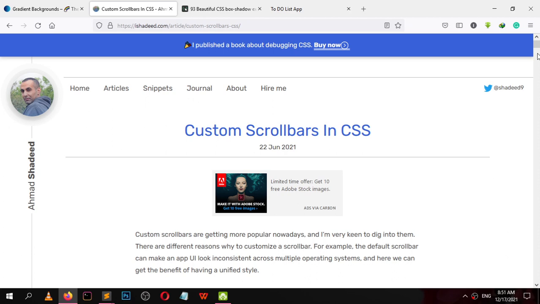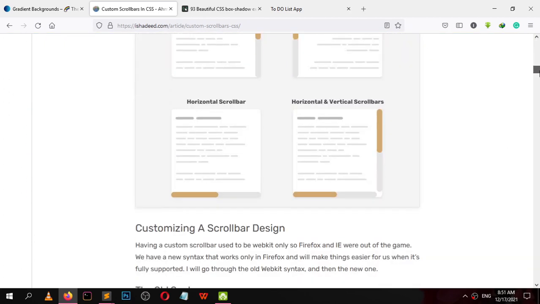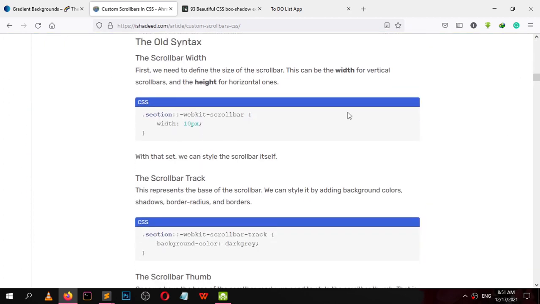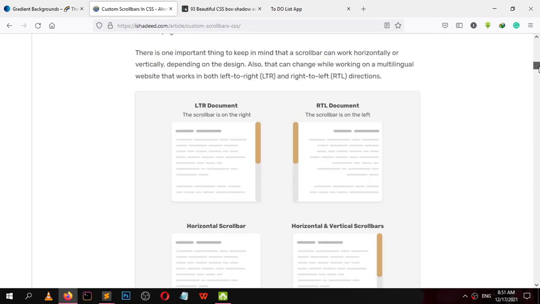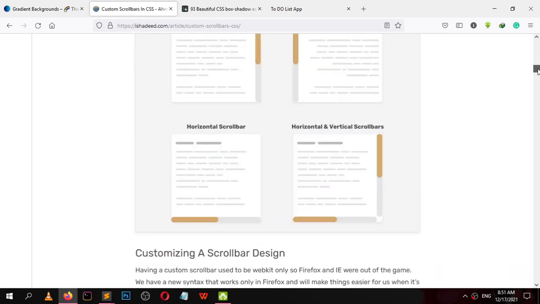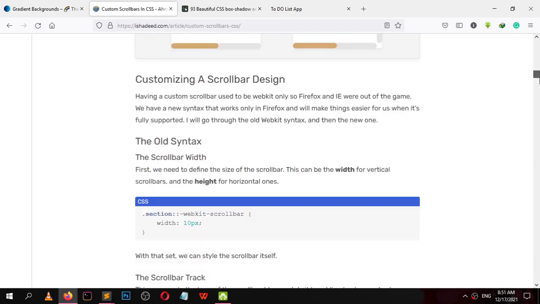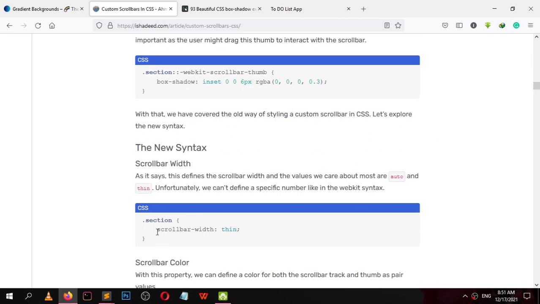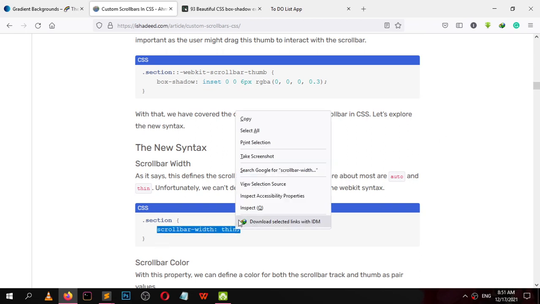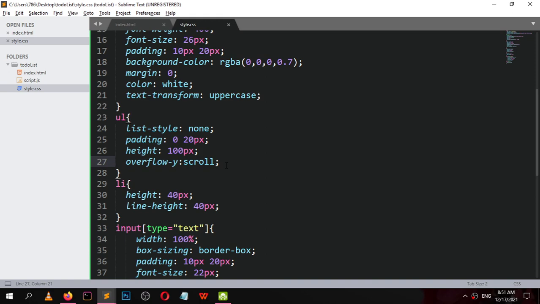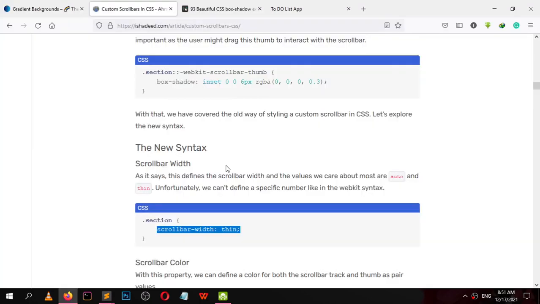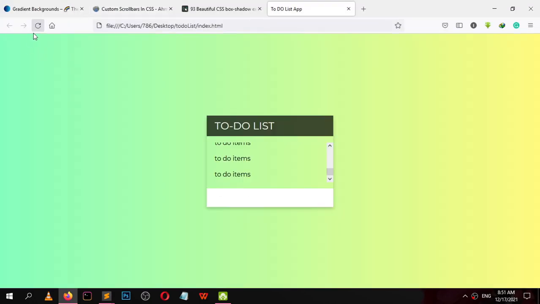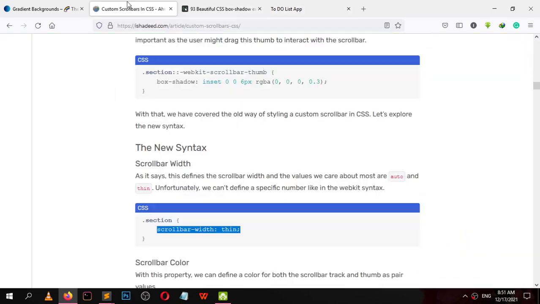He has a beautiful article, and select from here scroll bar width thin. Reload the page. Okay, the scroll bar width is thin, and